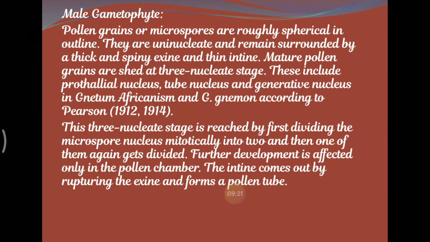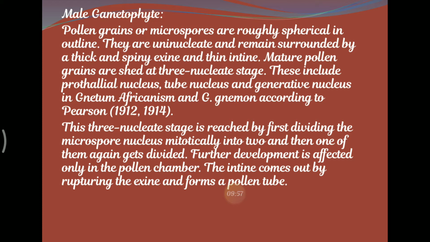Coming to the male gametophyte, it is very important to know about the gametophyte condition. Gnetum is a diploid sporophytic plant, as I told you before, as it is the predominant phase. It reproduces by spores. It is heterosporous. As this plant is dioecious, the microspores and megaspores are produced in separate plants. Okay, so it is dioecious. The microspore germinates into a tubular male gametophyte. The megaspore gives rise to the embryo sac or female gametophyte. Both the male and the female gametophytes are very much reduced.